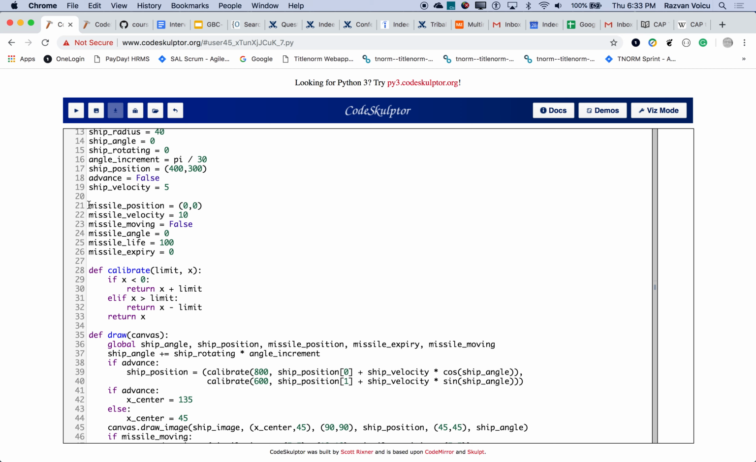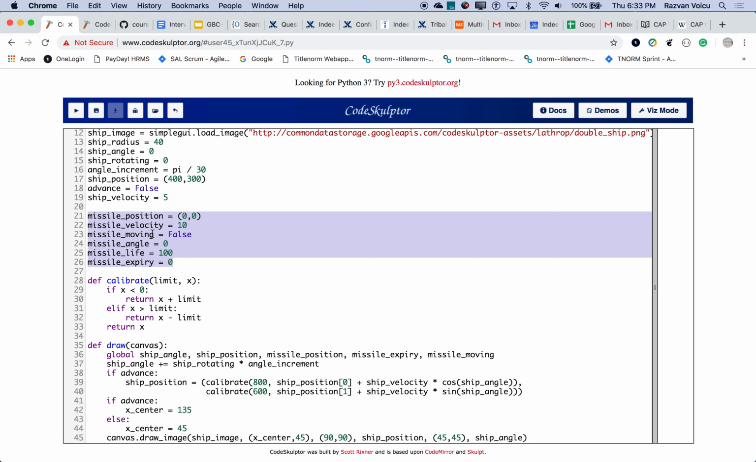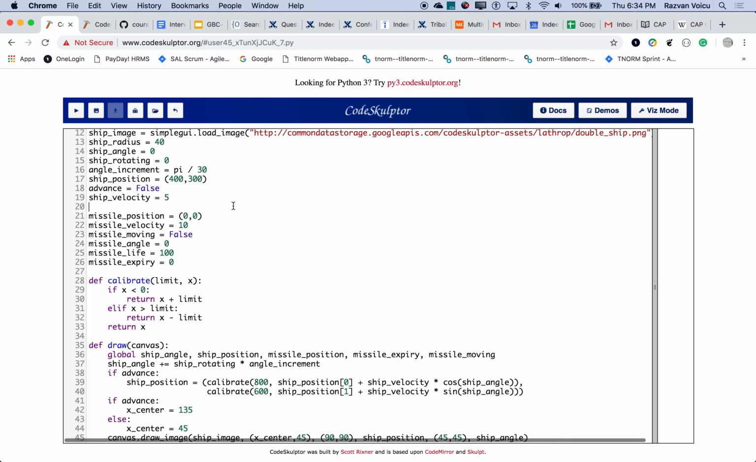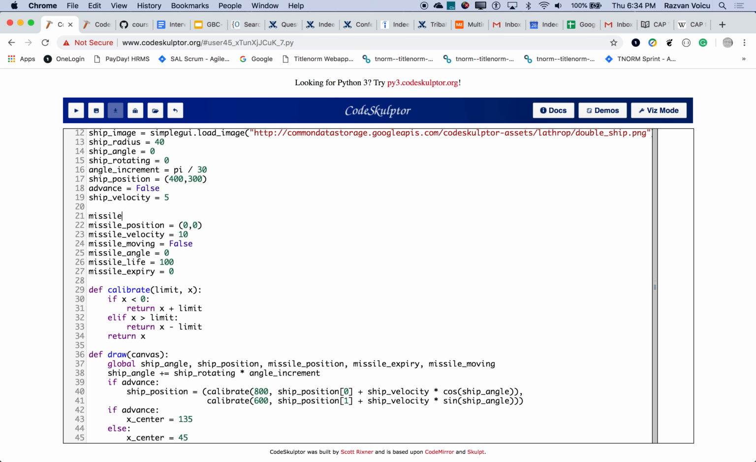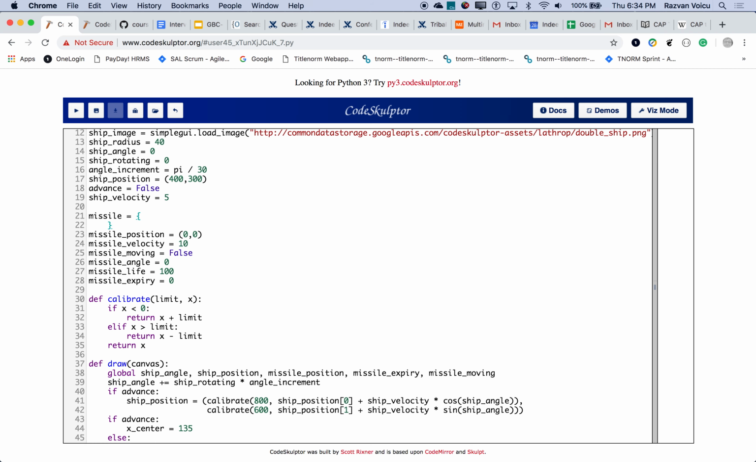Okay, so we want to have a set of missiles. Now notice that we have global variables for missiles, and each missile has a bunch of attributes: position, velocity, moving, angle, life, and expiry. So what we would like as a first step is to turn this into a dictionary. Instead of having 5 different variables, what we want is a dictionary. And we say missile is, and we open a brace, and we're going to close the brace here,